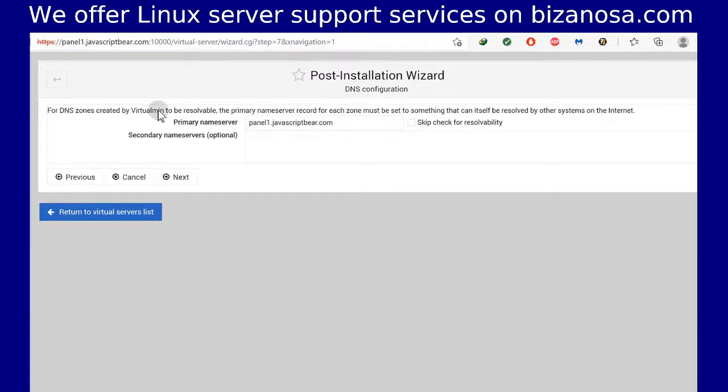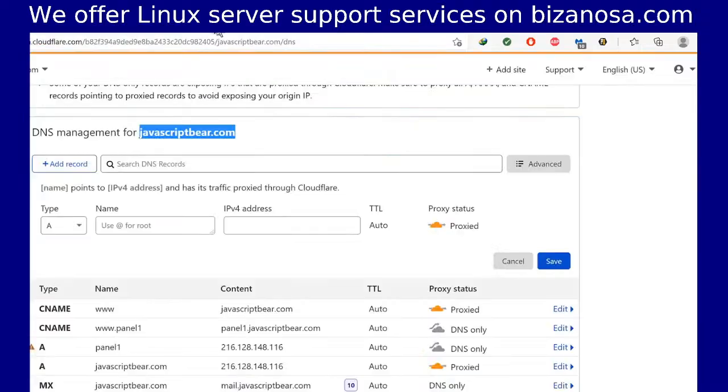For DNS zones, primary DNS, okay, I'll choose that, but I'm not using my own name servers, so it doesn't really matter because I'm using Cloudflare. So for